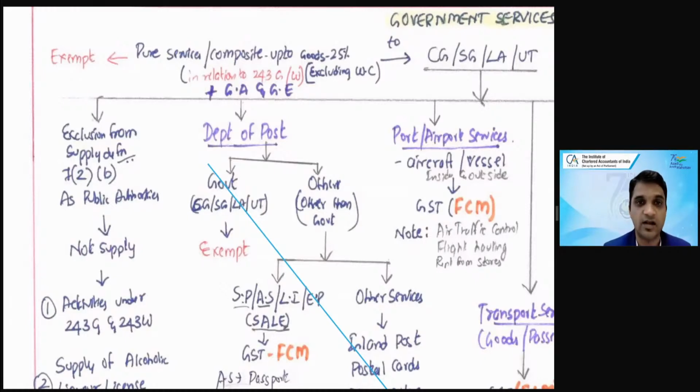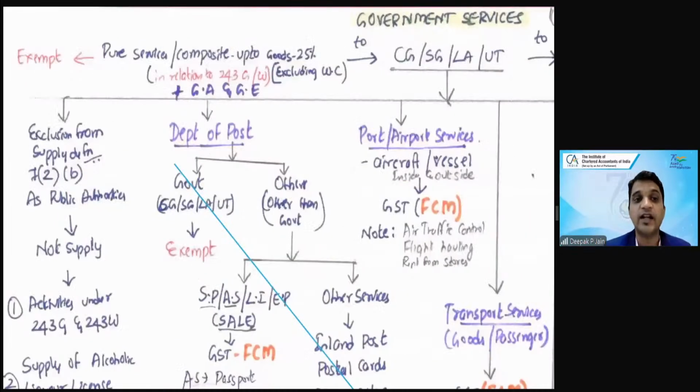Such services, where you are providing any composite supply of goods and services where the value of the goods is less than 25%, are exempted when it is any services in relation to Article 243G and Article 243W. What is 243G, 243W? This is the article of the Constitution which says that